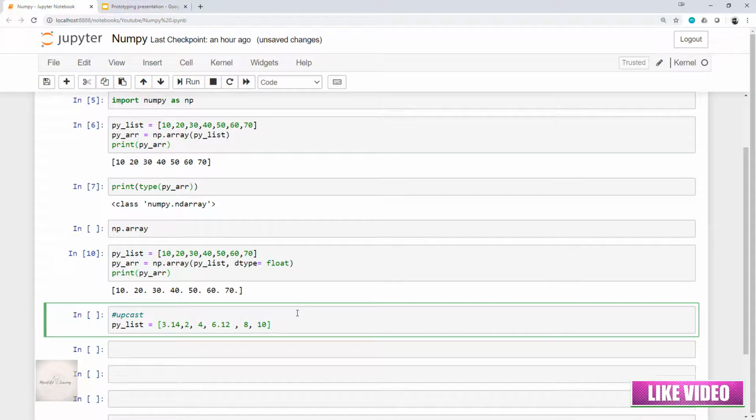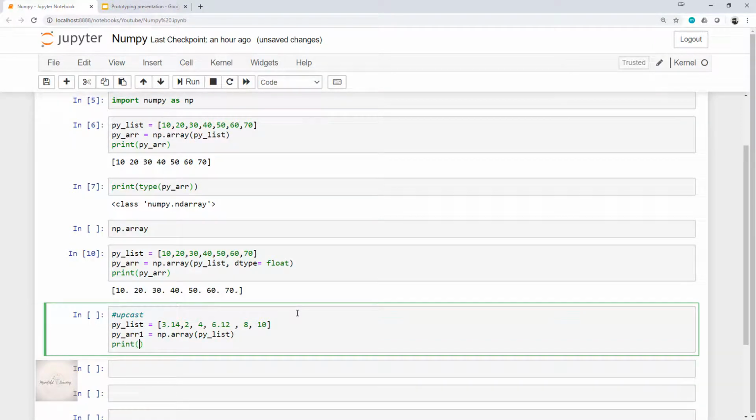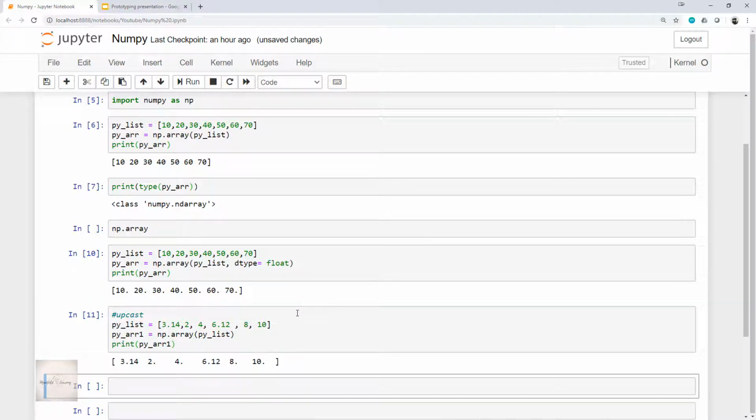Okay, and then the Python array, that is arr1, is equal to np.array of pylist. Okay, and then I'll write the print statement arr1 and execute this. Yeah, if you observe this output, we can see that the integers are upcasted to floating point numbers.